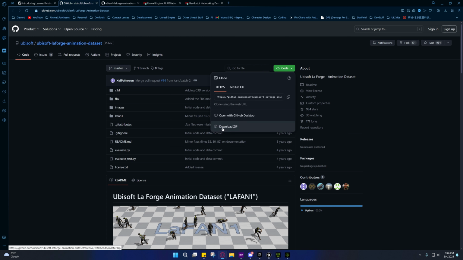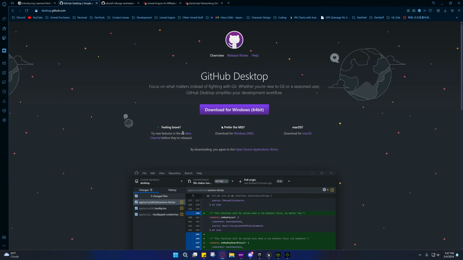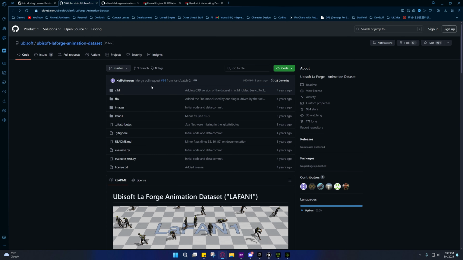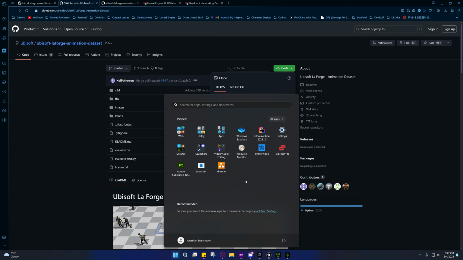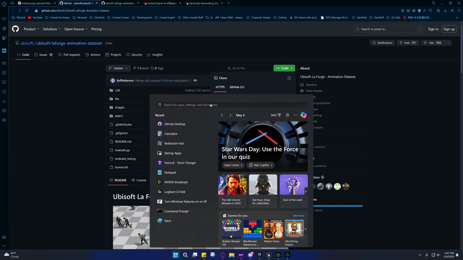Now, you can't just download the zip here. If you don't know how to clone a repo, I'll show you an easy way to do it. You can press this open with GitHub Desktop and it'll take you to the download. For some reason, after you've downloaded it, it's actually supposed to launch it inside of the application, but for some reason on my computer, it's not doing that. So what you can do though is you can go to HTTPS right here and you can copy the URL and then open up GitHub Desktop,